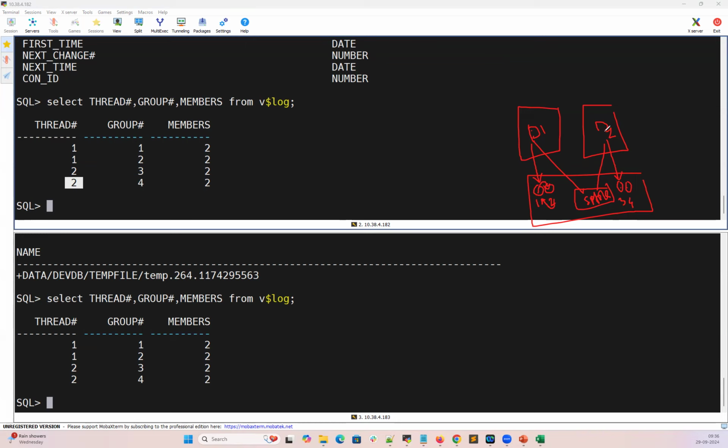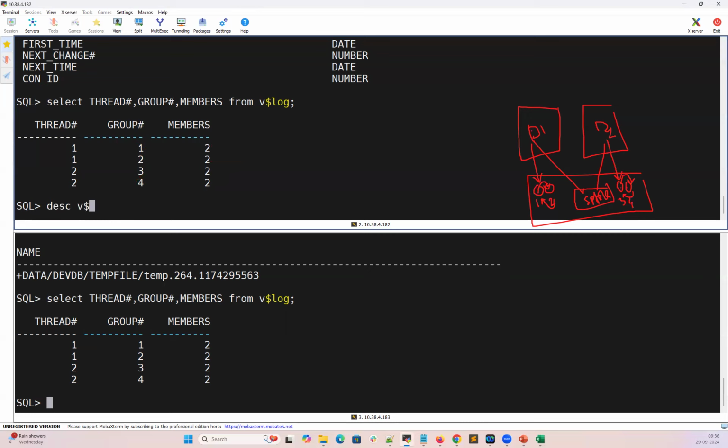DB instance 2 will be writing to redo log group 3. Once that is full, it'll go to group 4, and once group 4 is full, it'll go back to group 3. You'll be switching between groups 1 and 2, and groups 3 and 4. Each of those groups 1, 2, 3, 4 will have 2 members. One member is enough, one file under each group is enough. But why 2? That is called multiplexing. In case one redo log in a group is corrupted, you have the other copy to sustain your database. Right? You can get it using describe